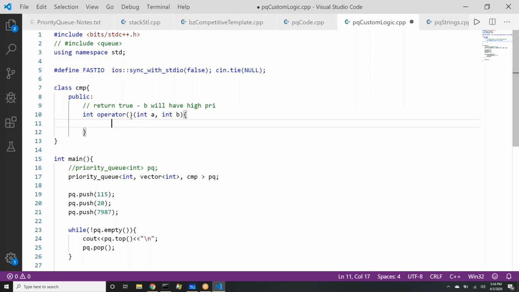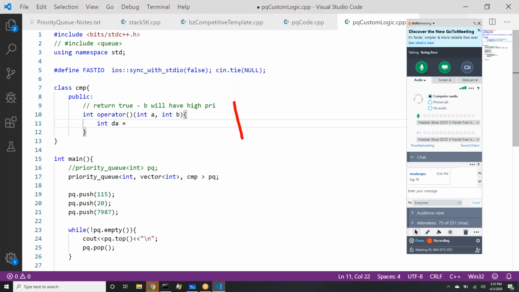Right? So can you tell me how do I get the number of digits in A? How many digits does A have? How can I get it? Yeah. So most of the time we write a while loop, we calculate, right? So let's see the shortcut. Digits of A will be equal to. There is a simple formula we can apply. Think about it.